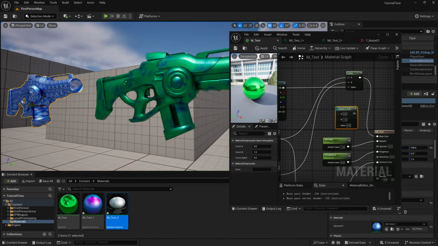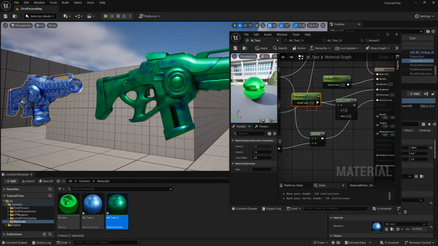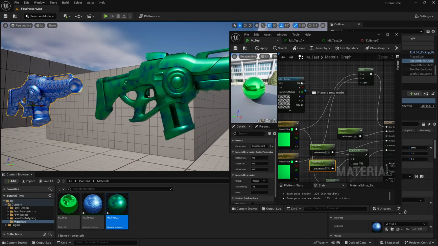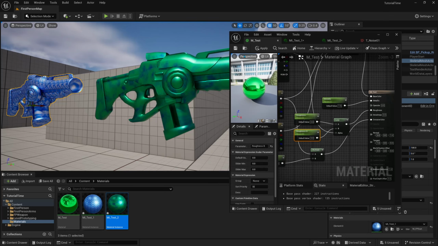test it on a thing like the roughness. So if I plug this roughness into A here and duplicate roughness, we'll call it roughness B. Then we can have this on A, roughness B on B, and then we can just drag in that same texture into the alpha. And then if we plug this into roughness, save,